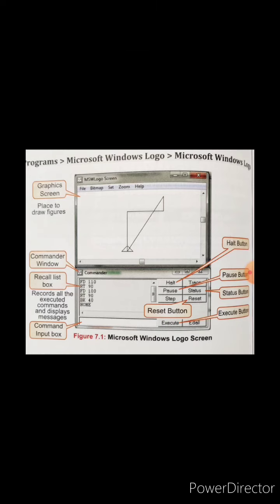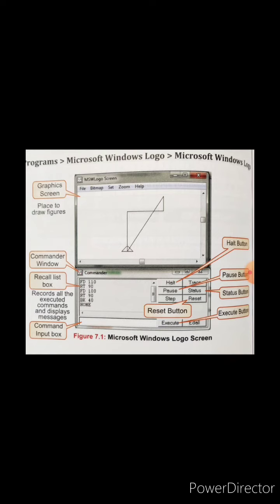You can see in my screen there is a figure of our computer, figure number 7.1 from your book. After opening the MSW Logo application in the computer, two windows will appear in front of us. Now we have come to know what MSW Logo is and how many parts there are in the MSW Logo screen.